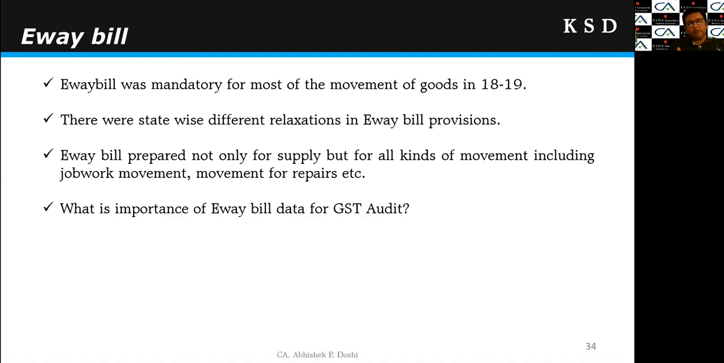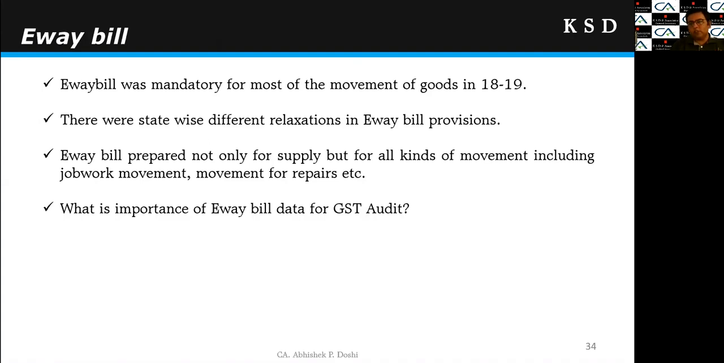Further, it may happen that an e-way bill is prepared, but not only for supply, right? E-way bills are prepared for all kinds of movement of goods, right? So even though there is no supply or no sale transaction, an e-way bill would have been prepared. So when you compare the e-way bill data, there will be many transactions which are not supply, right? So we need to keep that in mind also. And